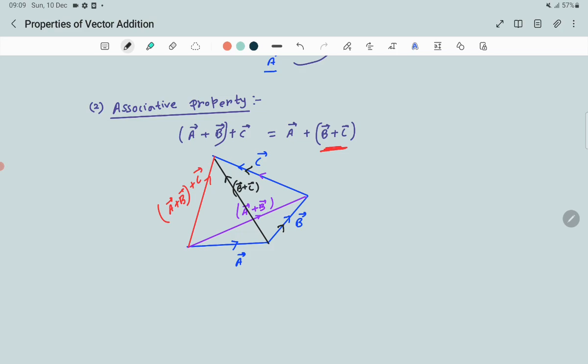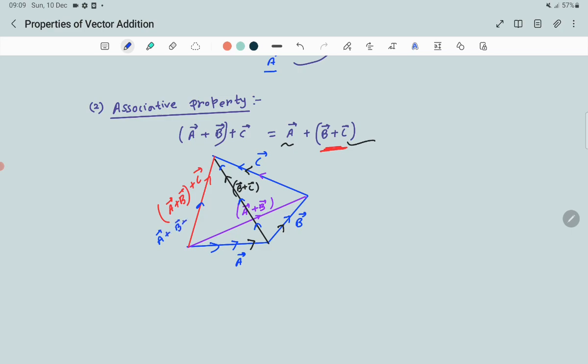Now what you want to do is join a and b plus c. So now this is your a, and that black line is showing your b plus c. So now this is your a and this is your b plus c. So what will be the resultant vector of a and b plus c? That is again this red line. So now this red line is showing a